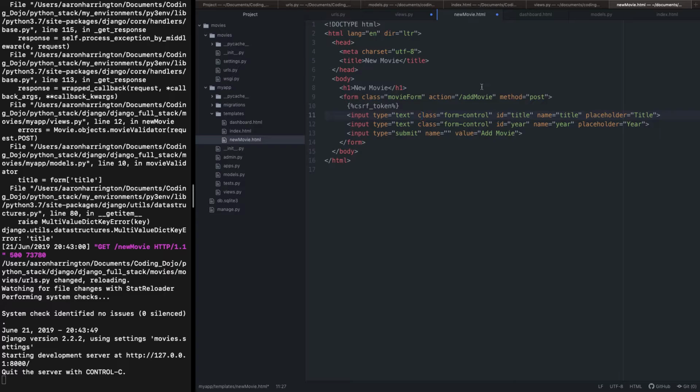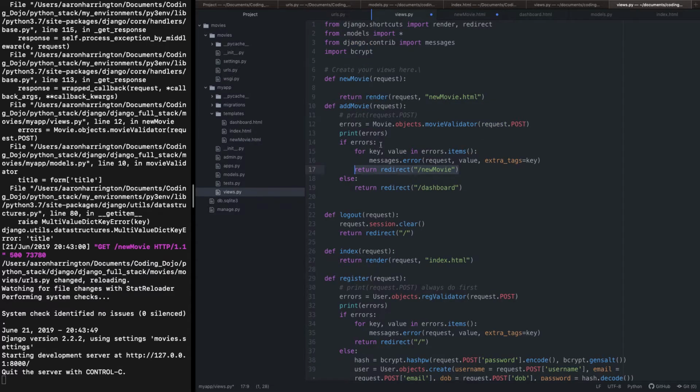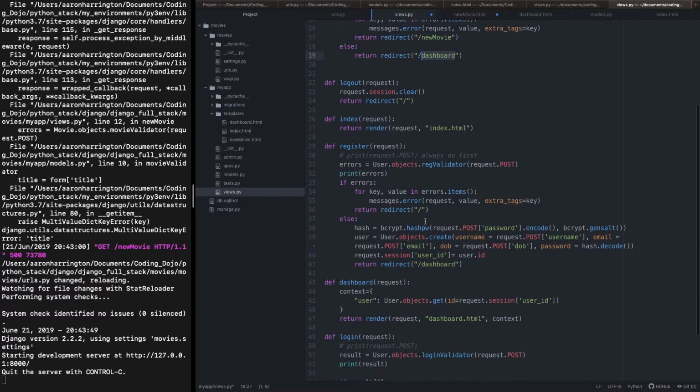It's going to add movie. Okay, that's fine. So we submit it. It goes here to add a movie. It does the checks and errors. If it fails, then it comes back over to here, which in turn does this again. And then if it passes, it goes to dashboard with everything in there. Okay, cool. So if it passes, then let's just